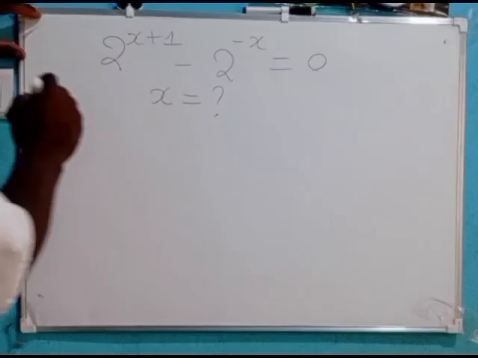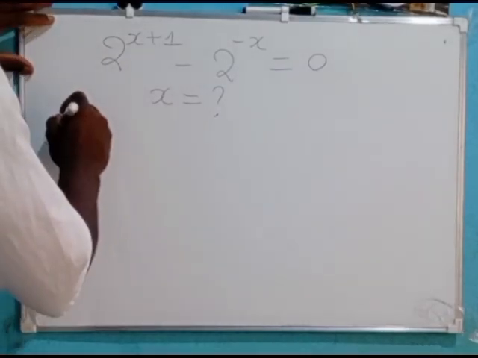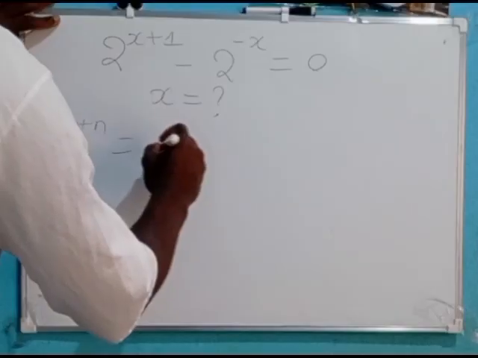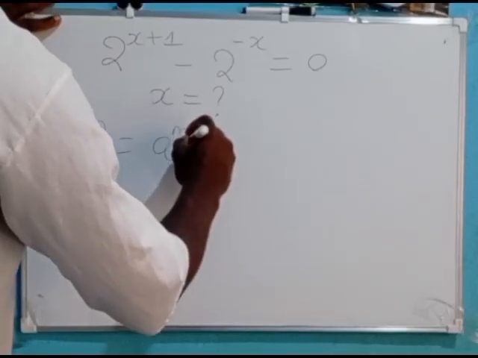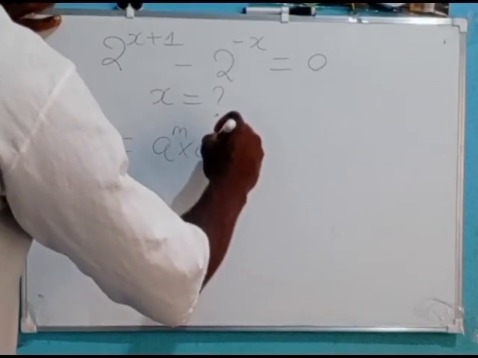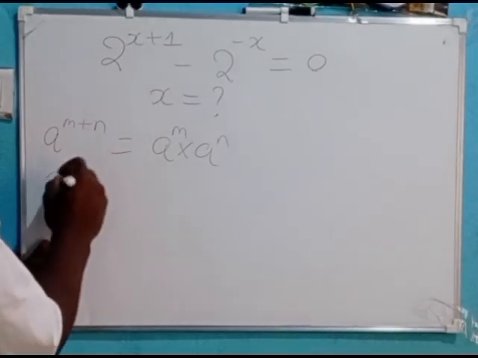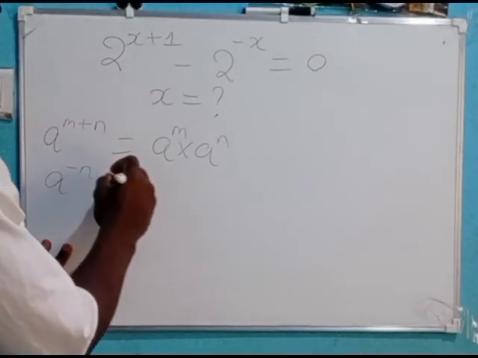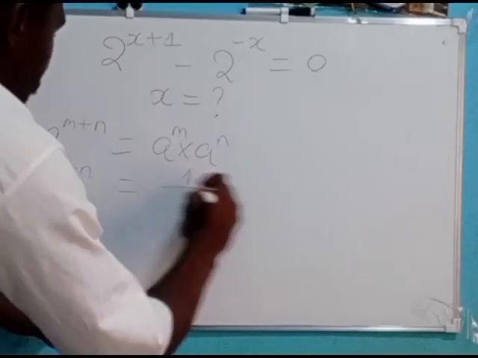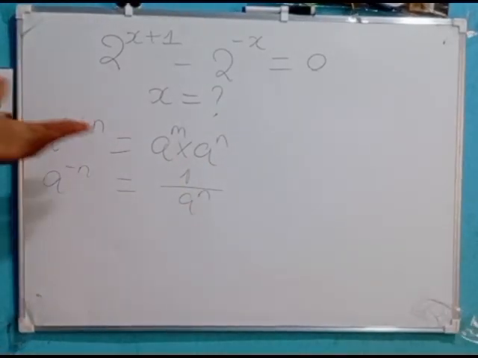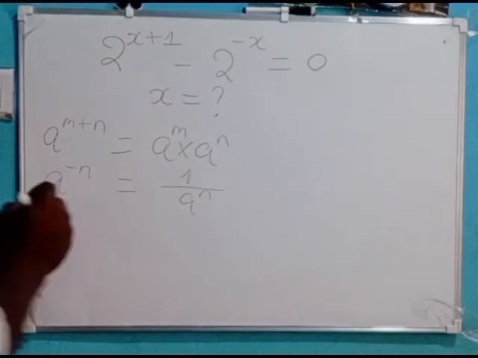index form. We take e raised to the power m plus n is simply equal to e raised to the power m times e raised to the power n. Next, e raised to the power negative n is simply equal to 1 over e raised to the power n. Applying these properties at the left hand side of the equation, this will give us 2 raised